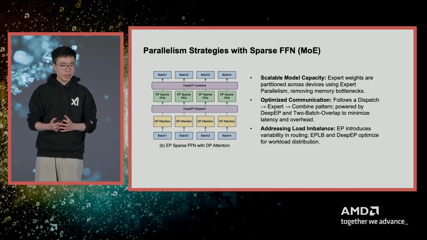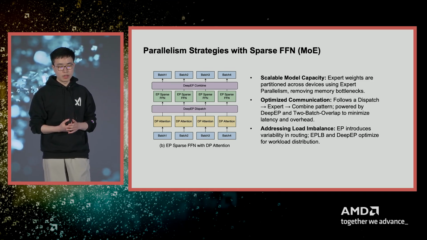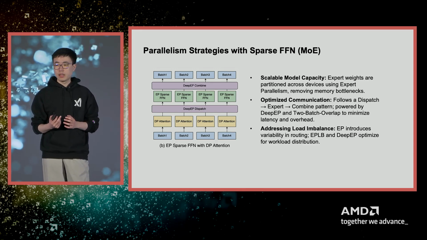So in order to make this kind of parallelism efficient, we also need to carefully design a lot of components. First, expert weights: we shard them so we can amortize the weight and have a huge enough memory for KV cache so we can run a large batch size. And then the DeepEP combine and DeepEP dispatch actually involve a lot of communication, although it's much less than other parallelism, but still a lot of communication. So we have to carefully design some pipeline to overlap the computation and the communication and hide the